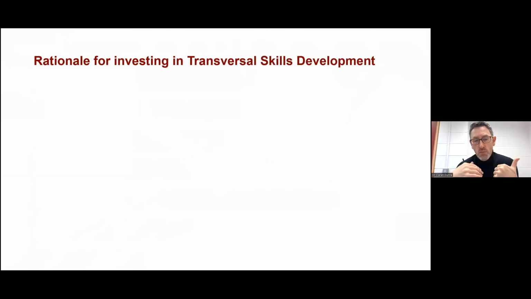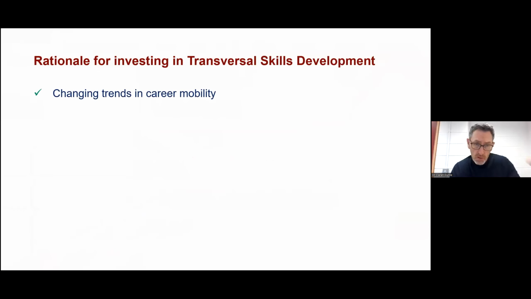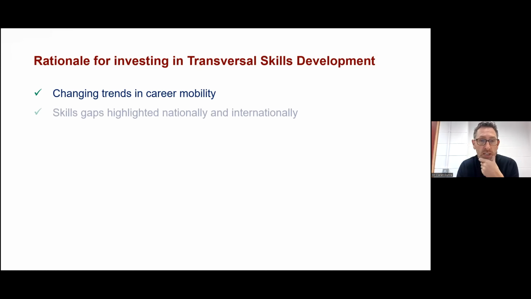And so one of the questions that emerges is, how can we make sure that we are relevant, that we're impactful, that we're sustainable? One of the mechanisms for this is for us to invest in transversal skills, for different reasons apart from that. We also need to recognize that graduates are changing career more often than ever before. So they're moving from one sector to another sector to another sector horizontally. And while it makes sense that they would have a vertical expertise, it also makes sense increasingly that they would have skills that they can bring with them in a horizontal way across sectors.